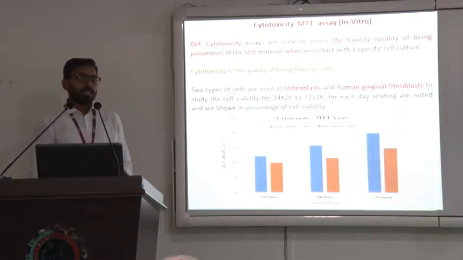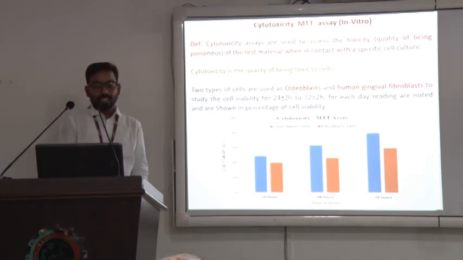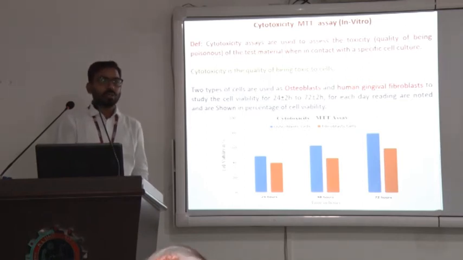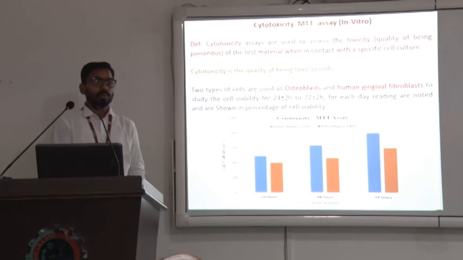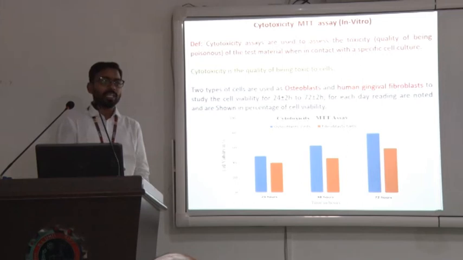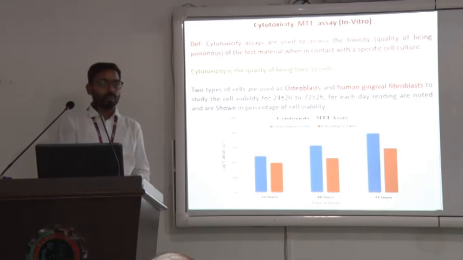Two cell lines are selected to test the samples for biocompatibility: osteoblast cells and fibroblast cells. The osteoblast cell is a single nucleus cell which is used to connect the living tissues, and the fibroblast cell is a multi-nucleus cell. These are the cell lines near to bone, human bone.